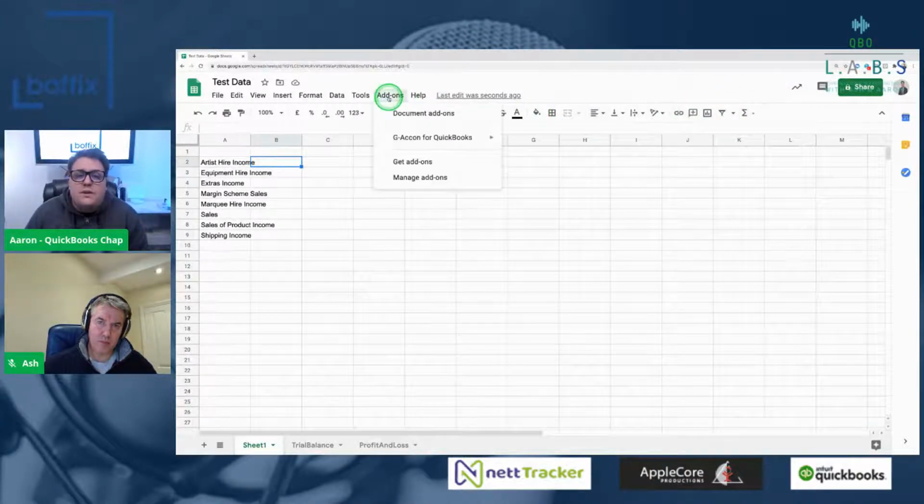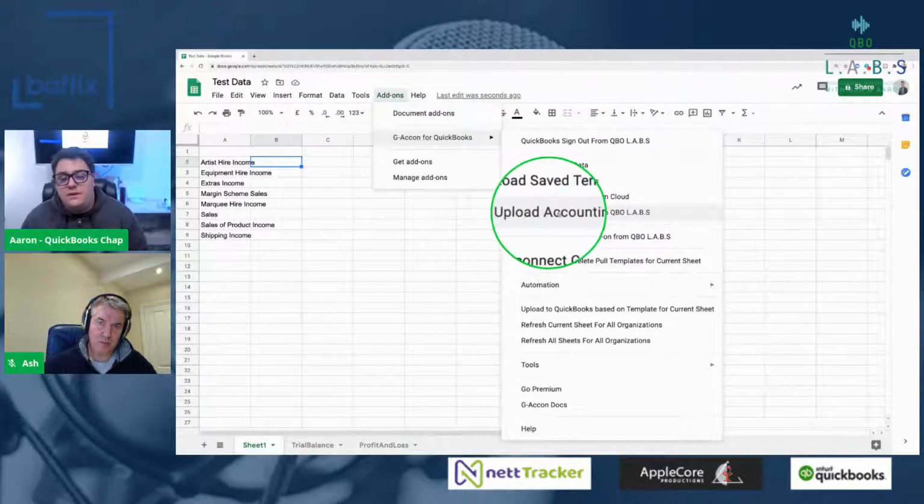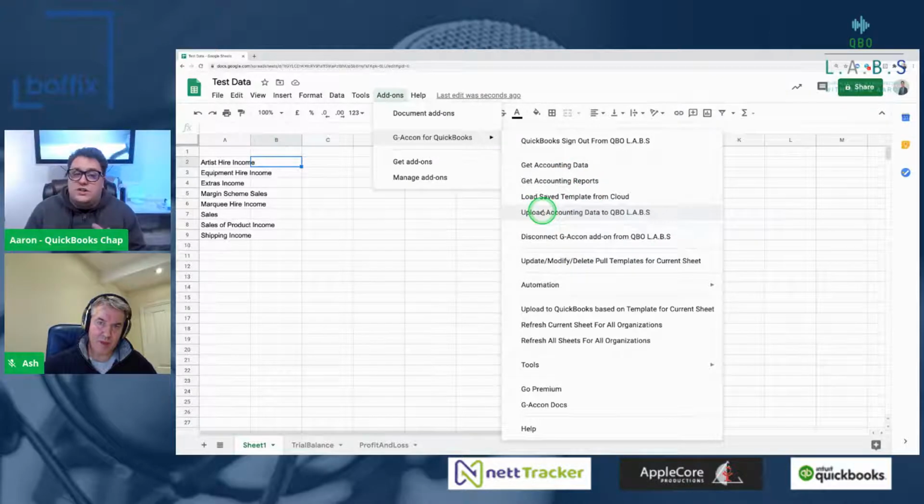But the bit where it gets even more clever, if you want to start playing around with it, is the option to even upload that data as well. So you can start manipulating the data in Google Sheets and then just sending it back into QuickBooks. So it gives you the opportunity to automate things or to bring data in, however you want to bring that data. And we've been playing around with things like Zapier and items like that, where we can start being really clever in the way that we get data into it.